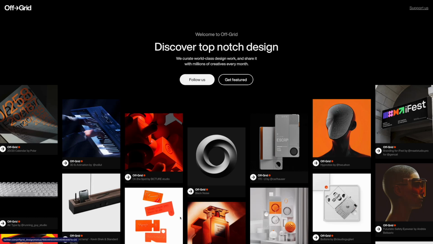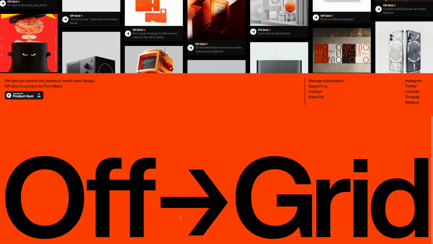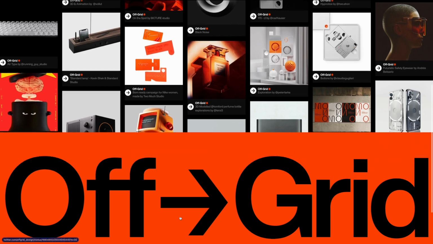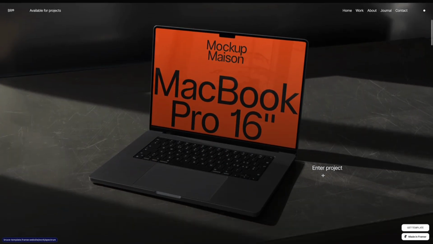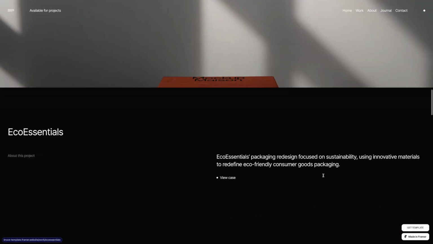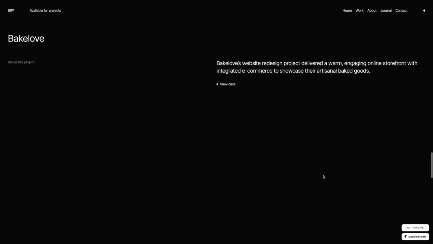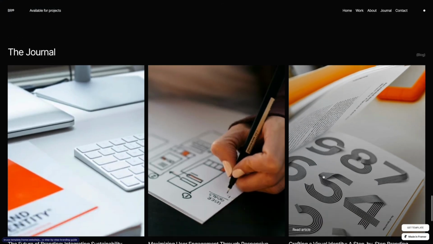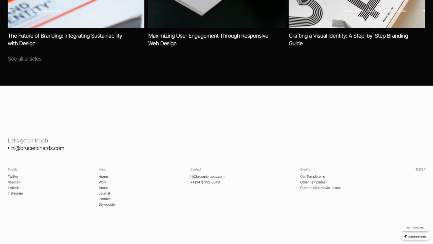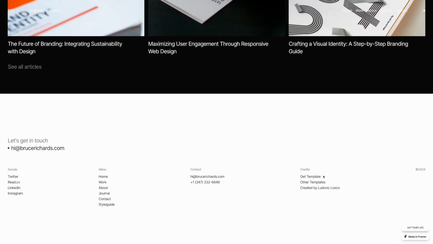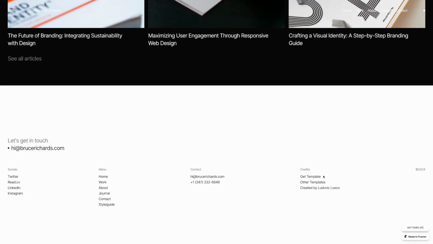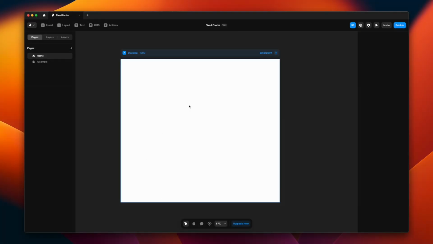Hi everyone. Fixed photos are something which I'm guessing by now you have come across, at least on one of the websites that you have explored recently. These are super trending. This is another example of a fixed photo, where if you scroll, it looks like the photo is appearing from under the layer. So yeah, we're going to create this today and it's super easy. So let's just get started.